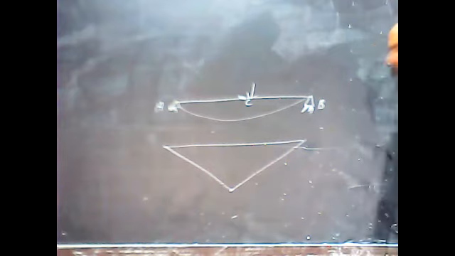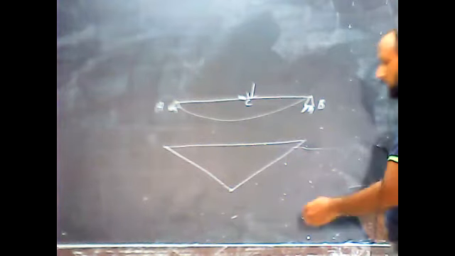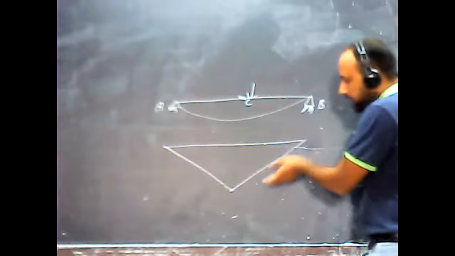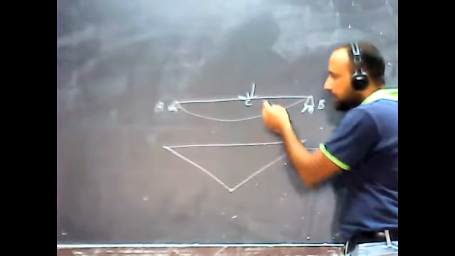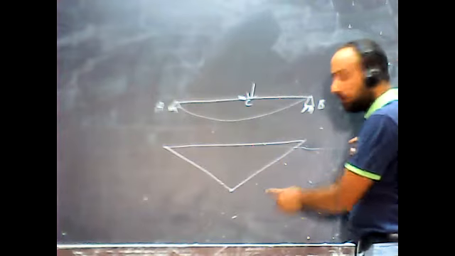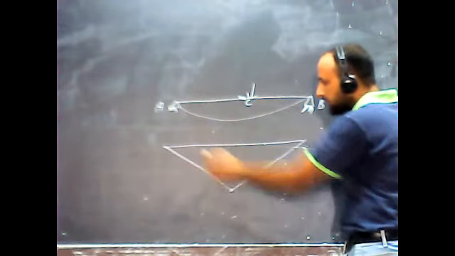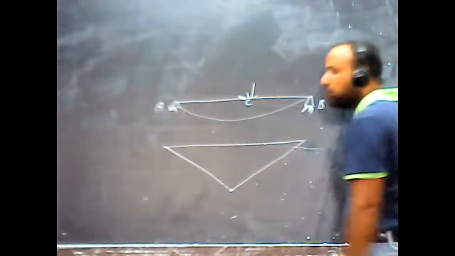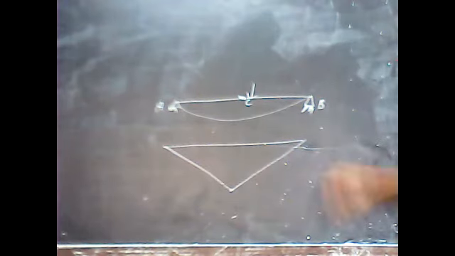Which shape will it take? Second, sir, triangular, the second one. Yes, second. Yes, very good. So the second shape will be taken by this beam and it's going to deflect. Why so? Because I have a hinge, and hinges are not going to restrict your bending moment due to that load.